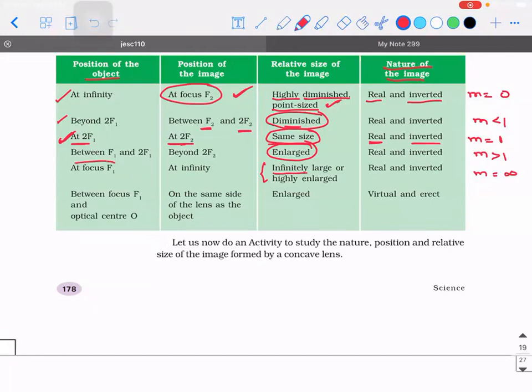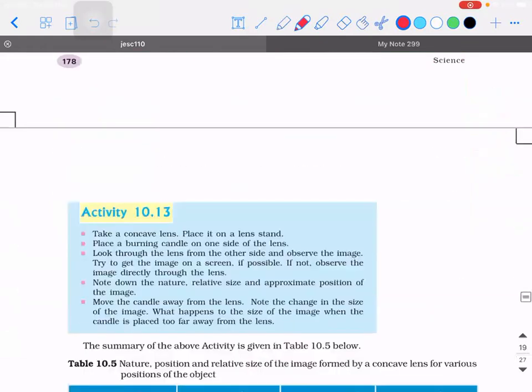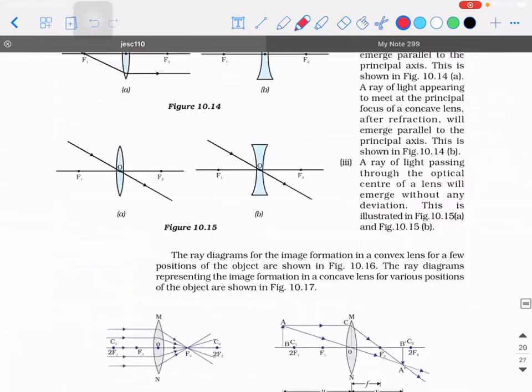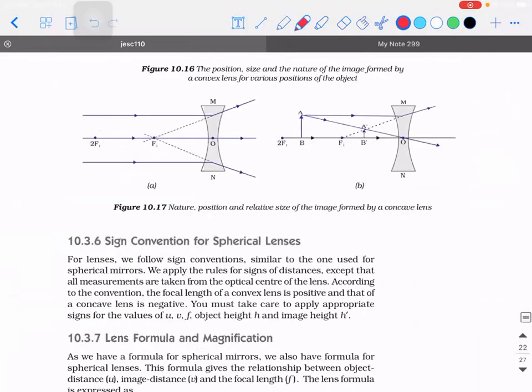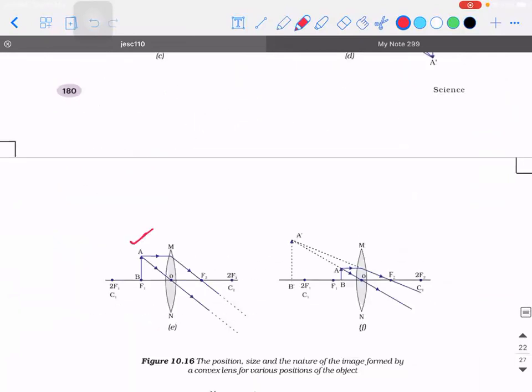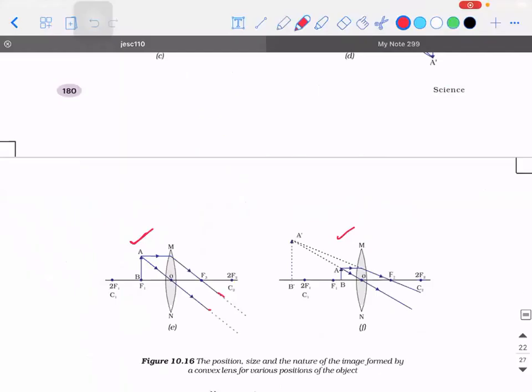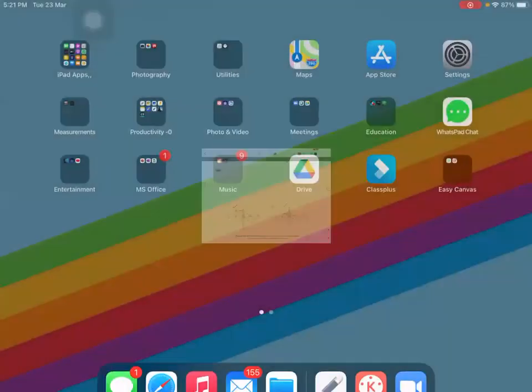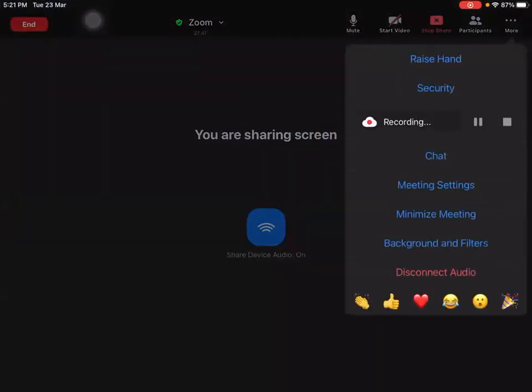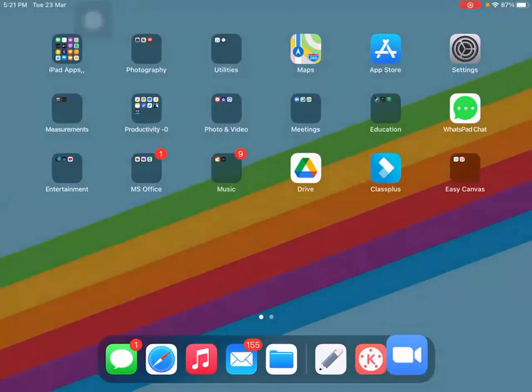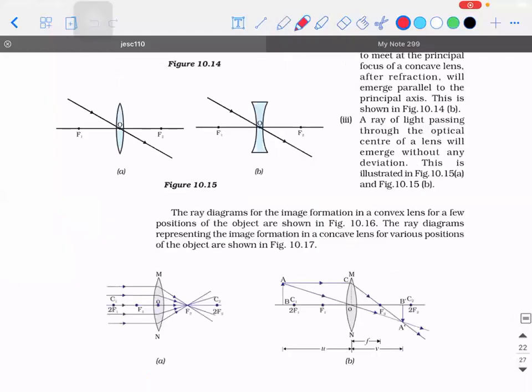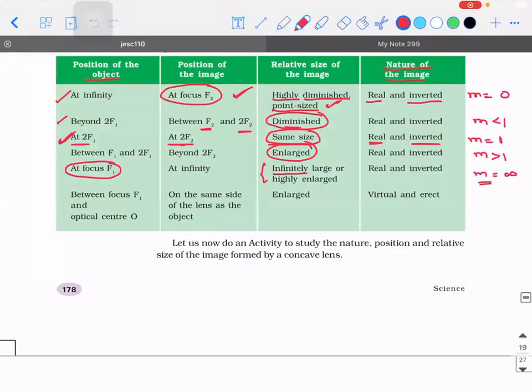Generally, when you place the object at the focus, I'll show you the diagram. Observe where the image is located. The set of refracted rays are a set of parallel rays. From maths, we know that parallel rays will meet only at infinity. That is why we say the image is infinitely large. So I hope there is no confusion. So m is equal to infinity. Please make a note of this point. This is another important point.